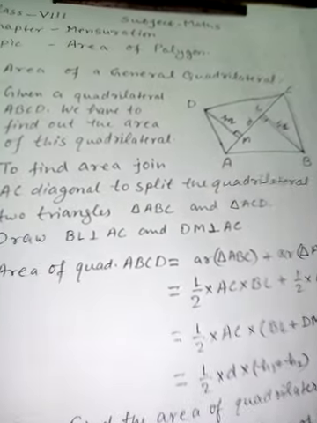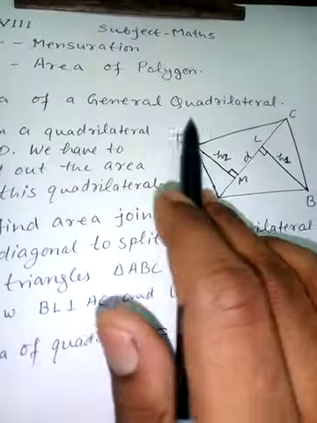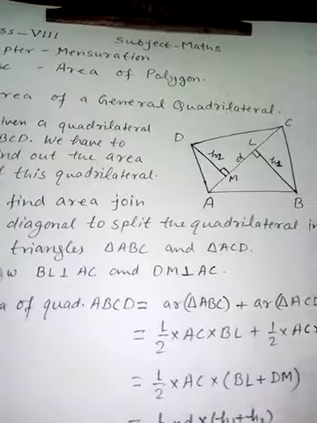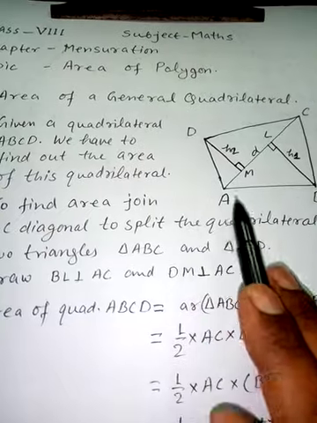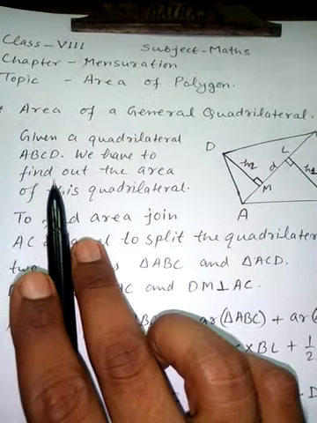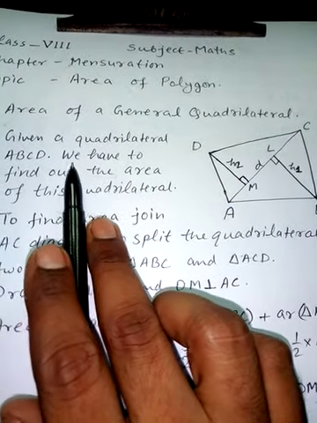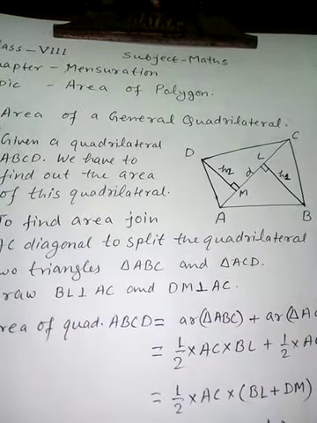In the previous class you have read about the area of a trapezium, and now you are going to understand the area of a general quadrilateral and the area of an irregular polygon. So take a look at this. Students, first of all we have to understand the area of a general quadrilateral. You can see here a quadrilateral ABCD, in which we have to find out the area, if the given quadrilateral is not in a definite shape.